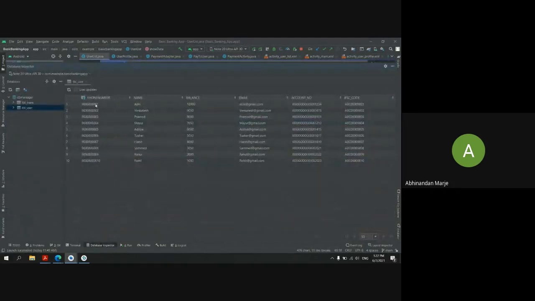Okay, in my table you can see in my database manager, you can see all the phone numbers added to my database, all the names added to my database, all the balances and emails, account number, and you can see the names of my table columns which I gave, and the table name as this one which I have given to it, and the database name will be DB manager, right?